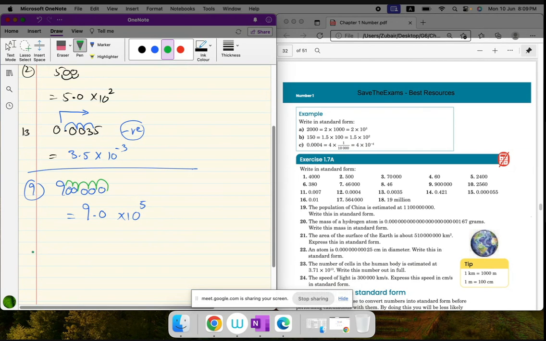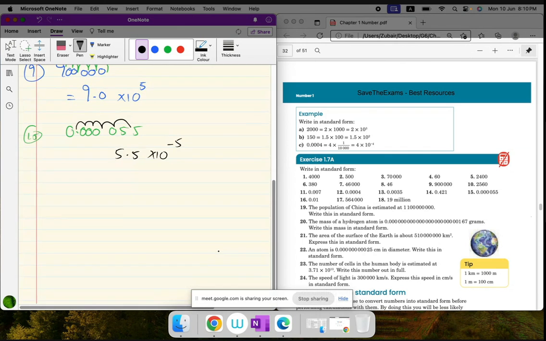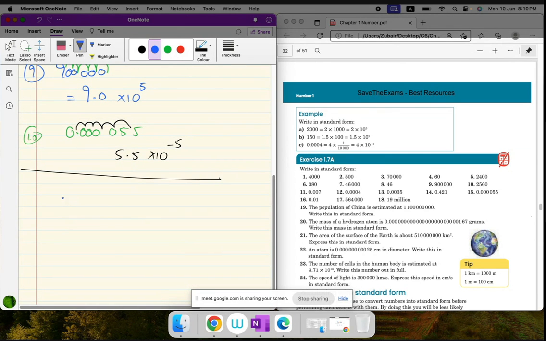And number 15. First non-zero digit, 5, so 5.5 multiplied by 10 power -5. Very good. So this was moved 1, 2, 3, 4, 5 places, so -5. And if I have a number which is like this one,